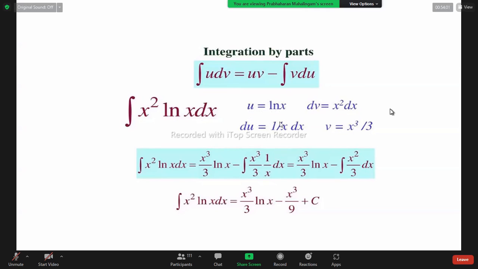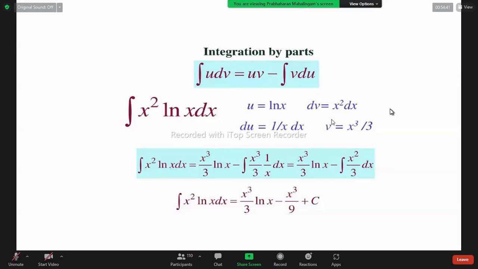u is equal to ln x. What is du? After the differentiation, 1 over x. Already you know. What is du? u is the real function, or we call it the primary function. This is the differentiation function. After the differentiation, ln x becomes 1 over x. So dx is there nearby. Why? du over dx is this answer. dx is multiplied here. Likewise, this is the answer after the differentiation. So what do you want to find out? The primary function, you want to do integration. That is why I will teach you to integrate.